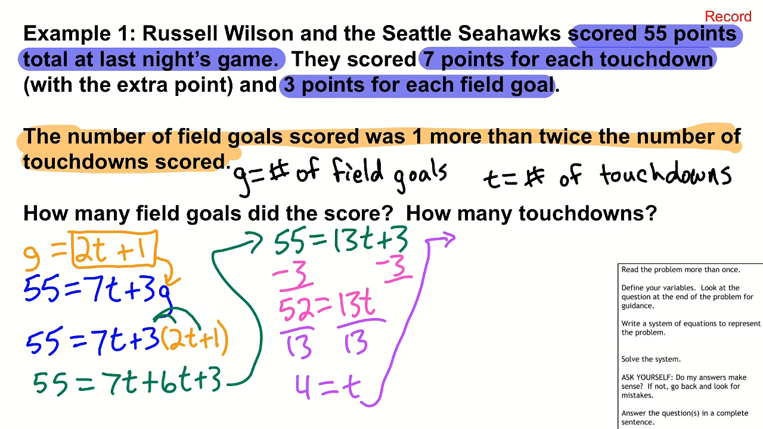We're not done because we've only solved for one of the variables. We know that there were 4 touchdowns now. Now we need to find out how many field goals there were. So I'm going to use the top equation here. And I'm going to, so G is equal to 2 times the number of touchdowns, which is 4, plus 1. So here I have G is equal to 8. 2 times 4 is 8, plus 1. And G is equal to 9. So this tells me,